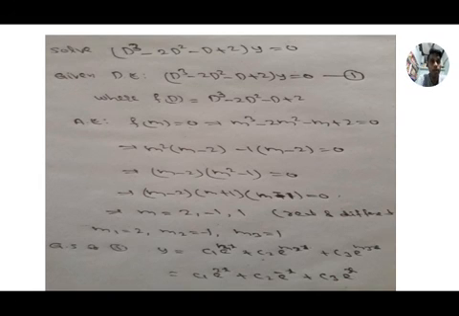Here we only need to remember those steps. First, symbolic form, auxiliary equation, solving the auxiliary equation, and depending on the roots we have to write the solution. Here the given differential equation is third order, so we get 3 values. If it is fourth order, 4 values. Fifth order, 5 values.